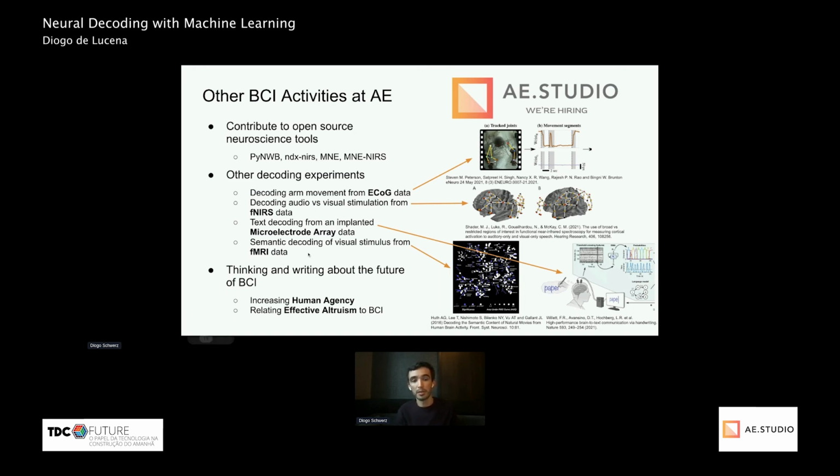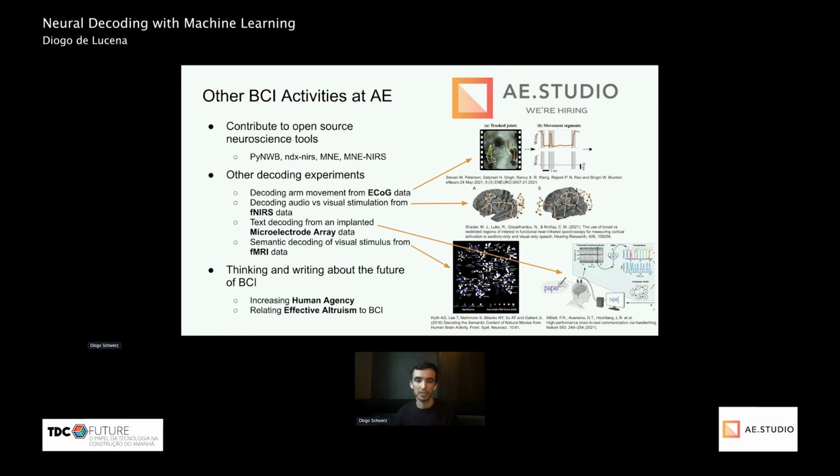We've been doing some of what Sumner has showed you, text decoding, so people imagining that they're handwriting, and we get those signals from individual neurons to try to classify what letter they're writing at each time. And we've been doing some semantic decoding of visual stimulus as well. So people looking at this cloud of words, and with fMRI,